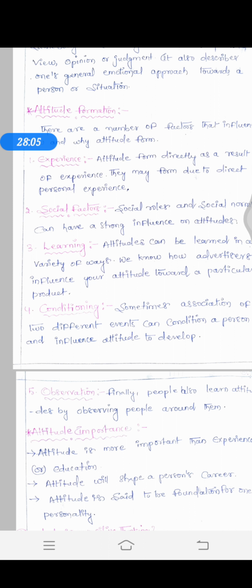One more important quotation is there. Attitude is said to be the foundation for one's personality. The foundation is very important to build a building. If you build your life without a proper positive foundation, the superstructure will one day suddenly collapse. Remember,